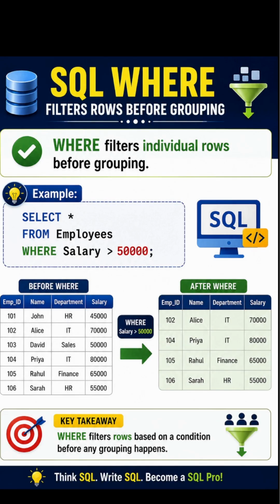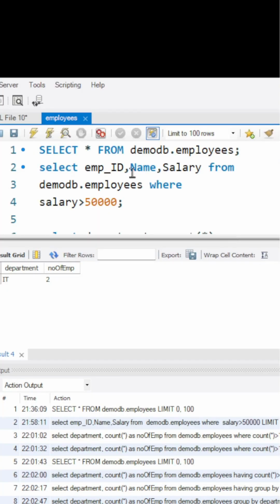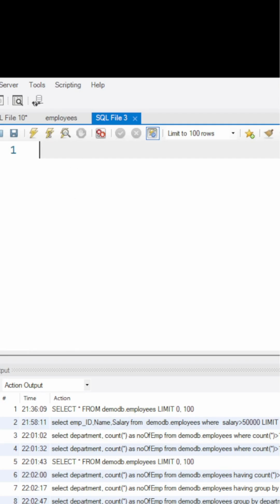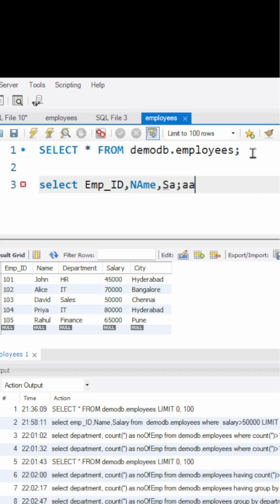Now let us see this with an example in MySQL Workbench. Let us take a new tab. I have an employee table: SELECT * FROM demo.db.employees. Here I have a new employee table. Now I will filter the records. SELECT, I'll be taking the columns EMPID, name, and salary from,